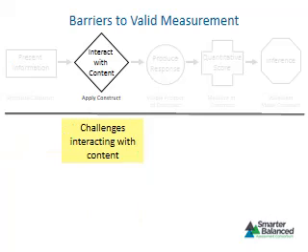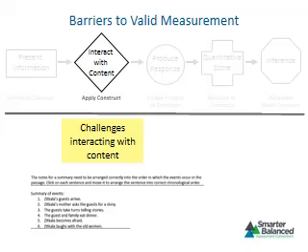A second challenge can occur when students have difficulty interacting with or manipulating content as they work on the item or task. As a few examples, a student with fine motor skill challenges may have difficulty using a mouse to manipulate content in an interactive item. Or a student who has a vision challenge may have difficulty comparing information presented in a table with information presented